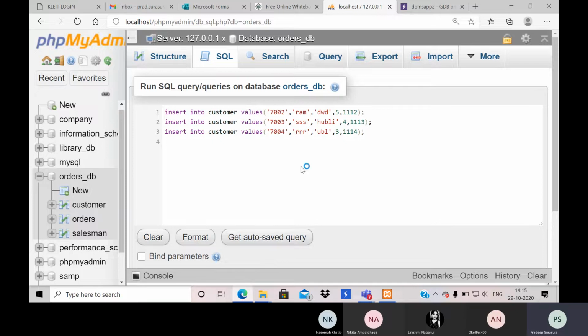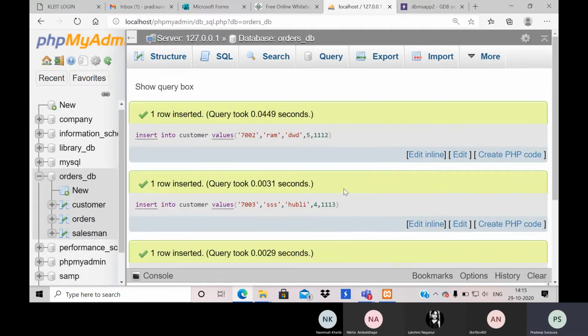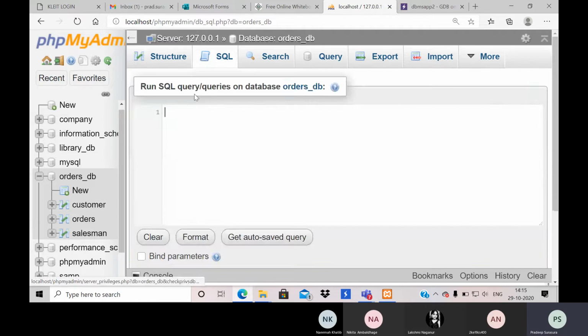Overall I have 6 values there, so make sure that you give values with respect to that. And lastly this is 5. Okay, all 5 executed without any problem.